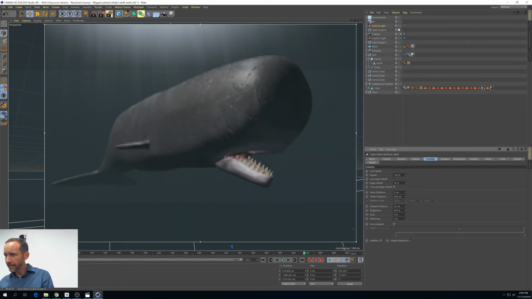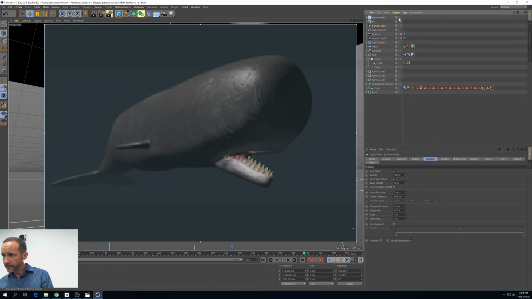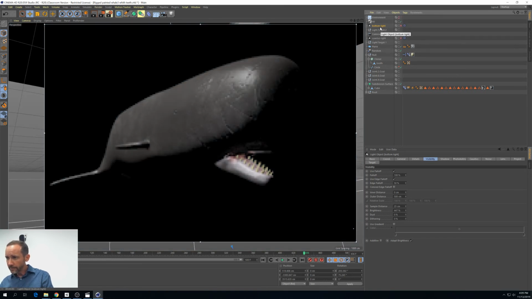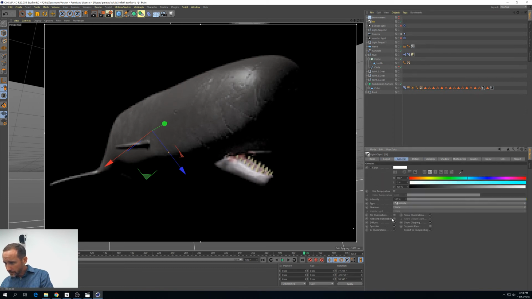Let's see this light by itself. So I'm going to turn off the bottom light and my caustics light for a second, so I can just focus on what I'm doing here. I'm also going to turn off my environment for a second, so I can just see what this is doing. Here we go, fill light, and we gotta say shadow map soft, and then